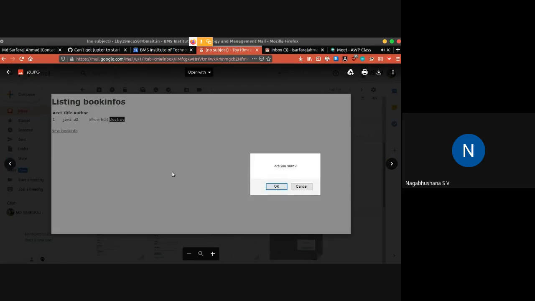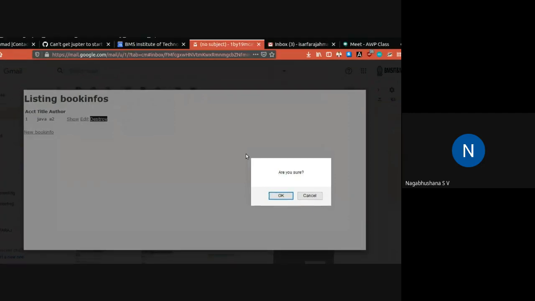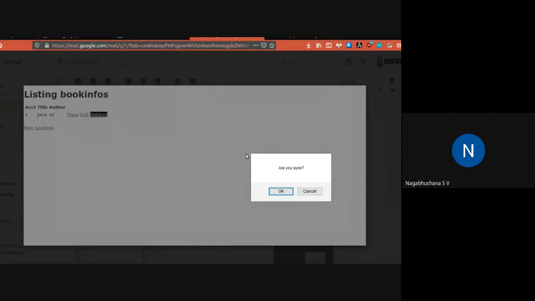Okay, see, I have created. Once you click on create, it will show you in the next page that one Java title and author A2. Earlier, author was A1. I have renamed it as A2.